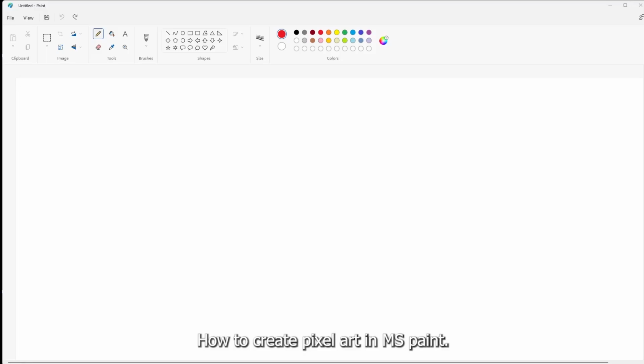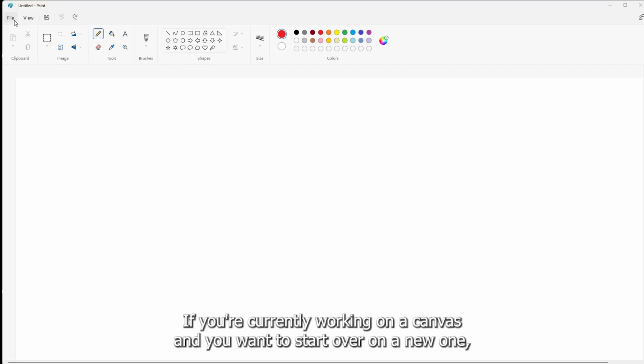How to create pixel art in MS Paint. Now, to do this, all you have to do is first open up an MS Paint blank canvas. If you're currently working on a canvas and you want to start over on a new one, just go ahead